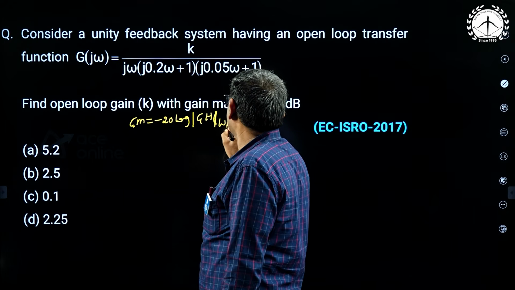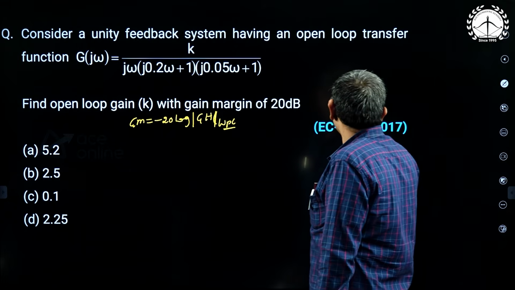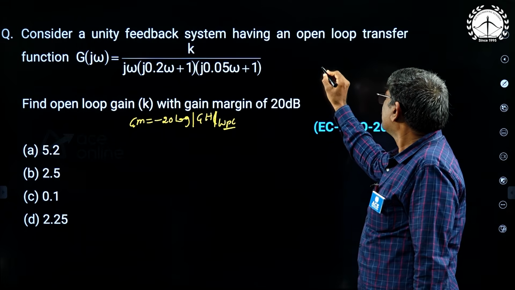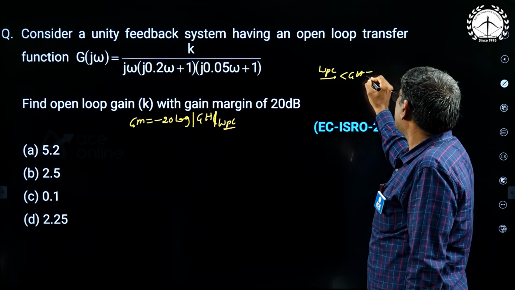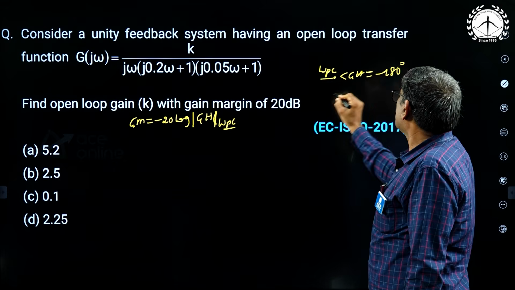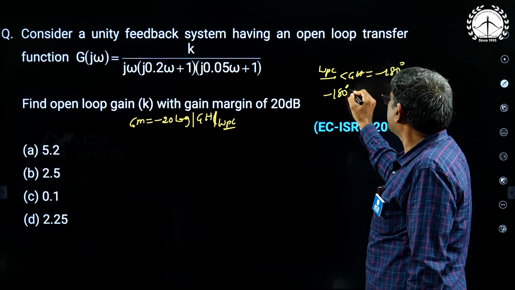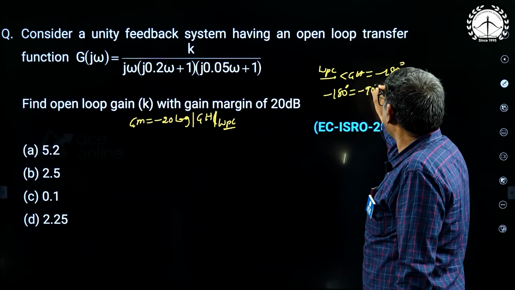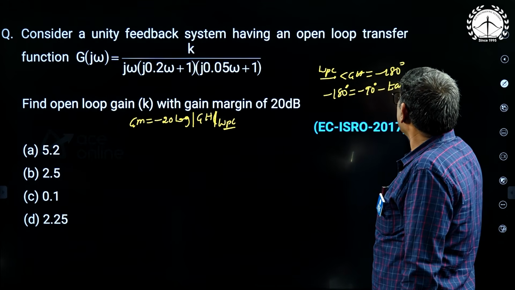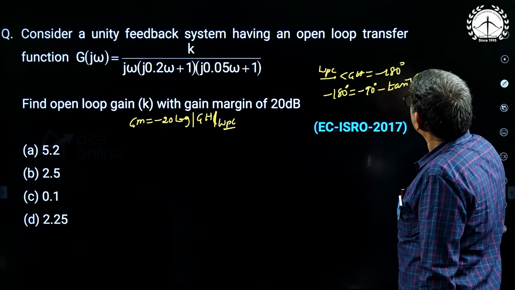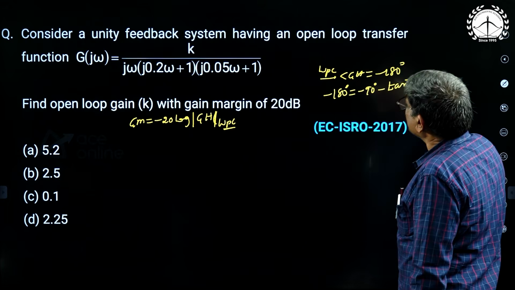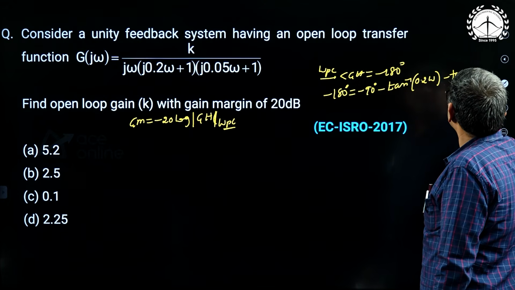First we need to find omega PC. How to find omega PC? Angle GH equal to minus 180. So, minus 180 equal to minus 90 minus tan inverse of 0.2 omega, minus tan inverse of